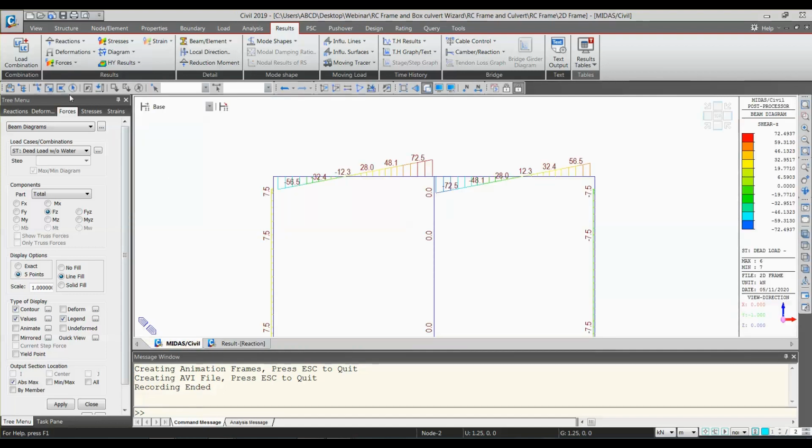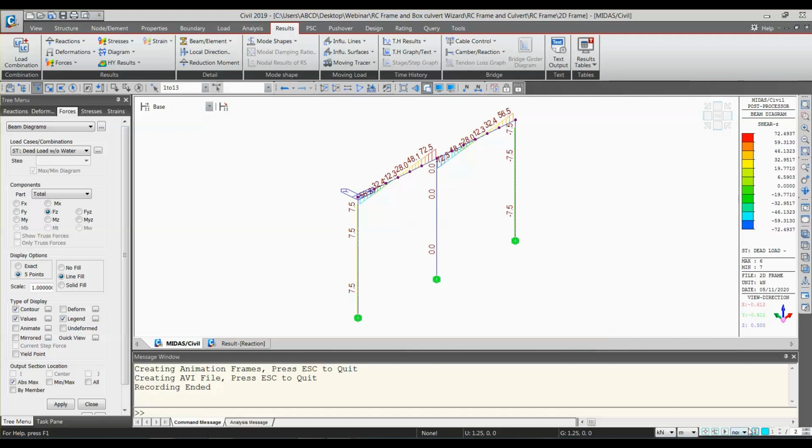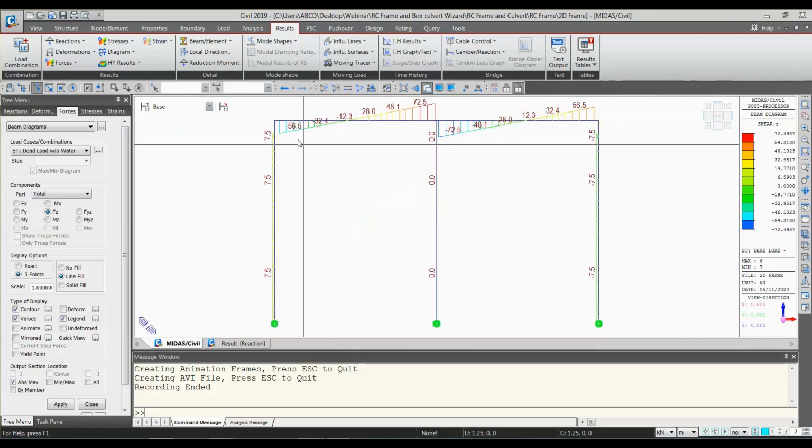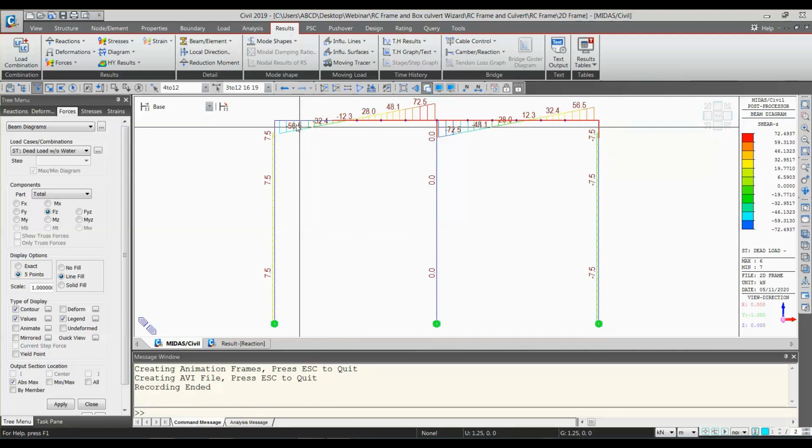Now what I will do, I will only select only some of the elements.